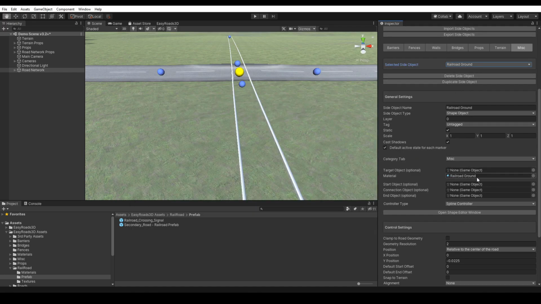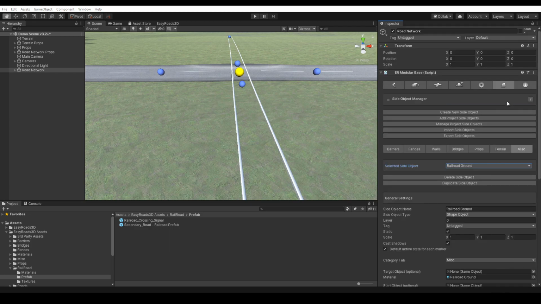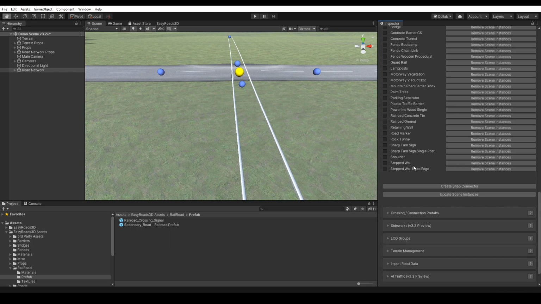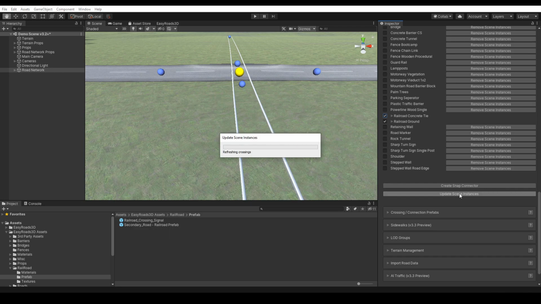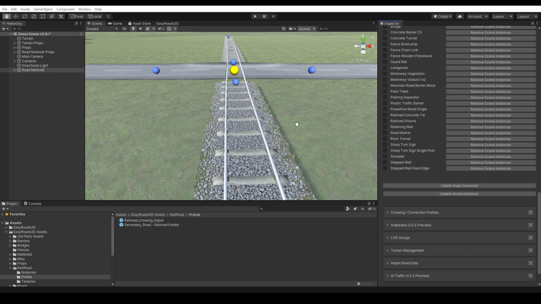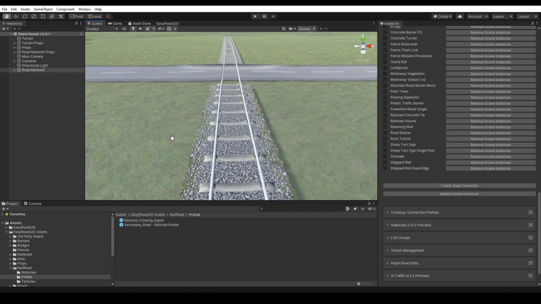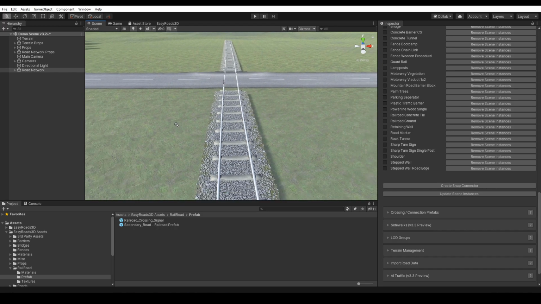And a pebbles material is assigned to the material slot. After activating these side objects for the railroad road type, we can press the Update Scene Instances button. The railroads we already added will be updated accordingly. So this is how you can import your own connection models and use them within the system, and optionally with